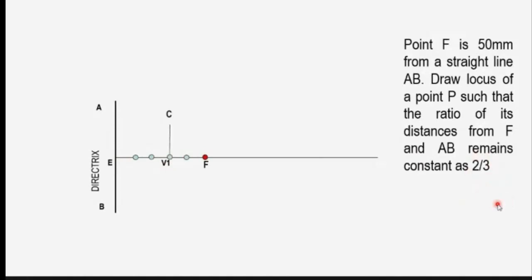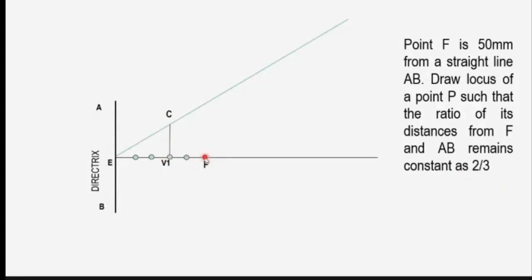at V1, draw a perpendicular V1C such that the length V1C is equal to V1F. So we locate a point C which is on a perpendicular at V1 at the distance of C from V1 equal to the distance of F from V1. So in our particular case, it is 20 millimeters. It can be any value. Now join E to C and extend this line up to any convenient distance.